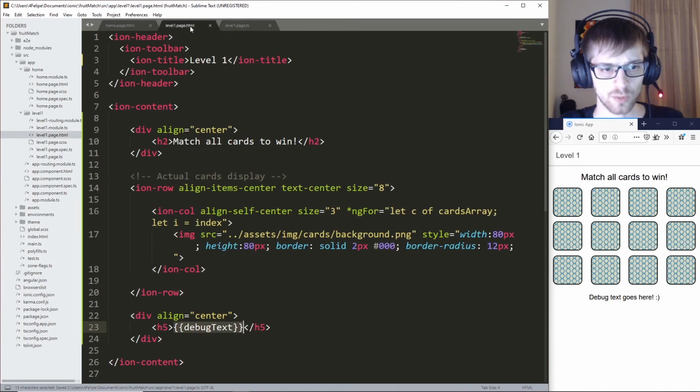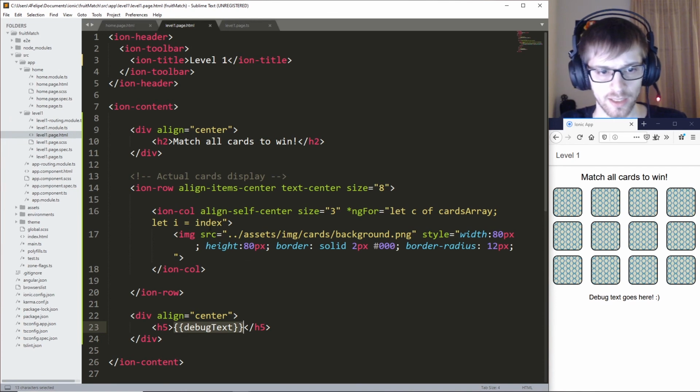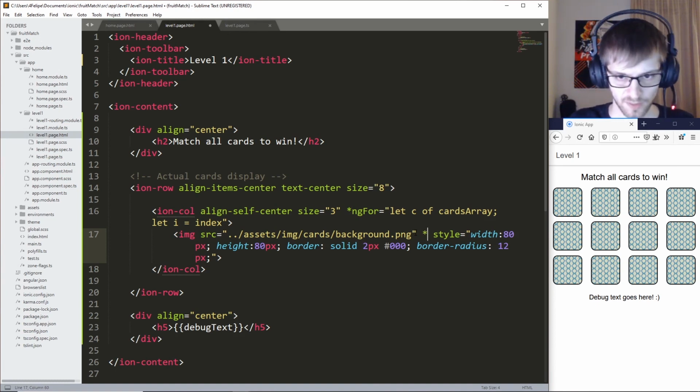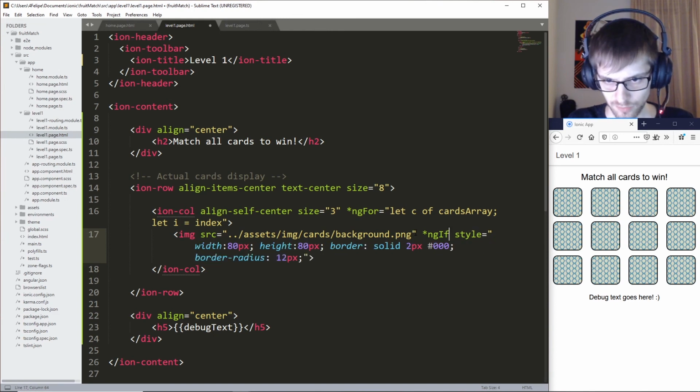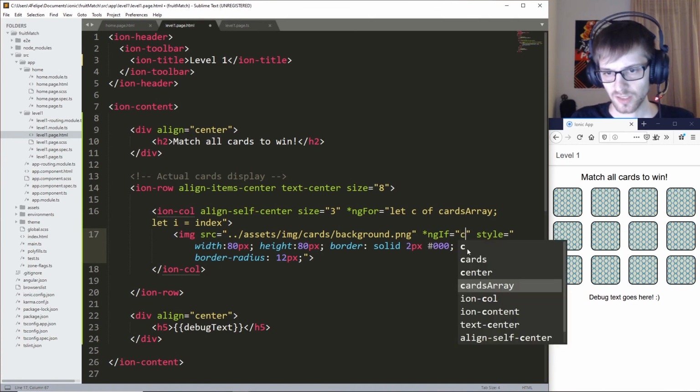Now let's go back to our HTML page here, and we are gonna add some conditional to this image here. So to add a condition to the HTML page, we do asterisk ngIf, and then double quotes, and the condition is gonna be, remember that we have c as each individual card of our array. So if we do c dot